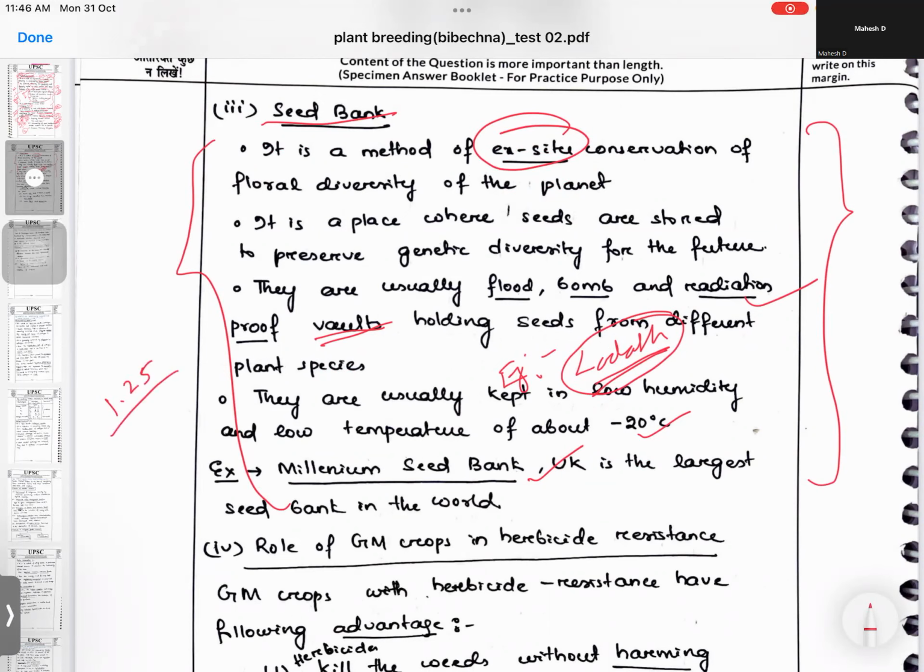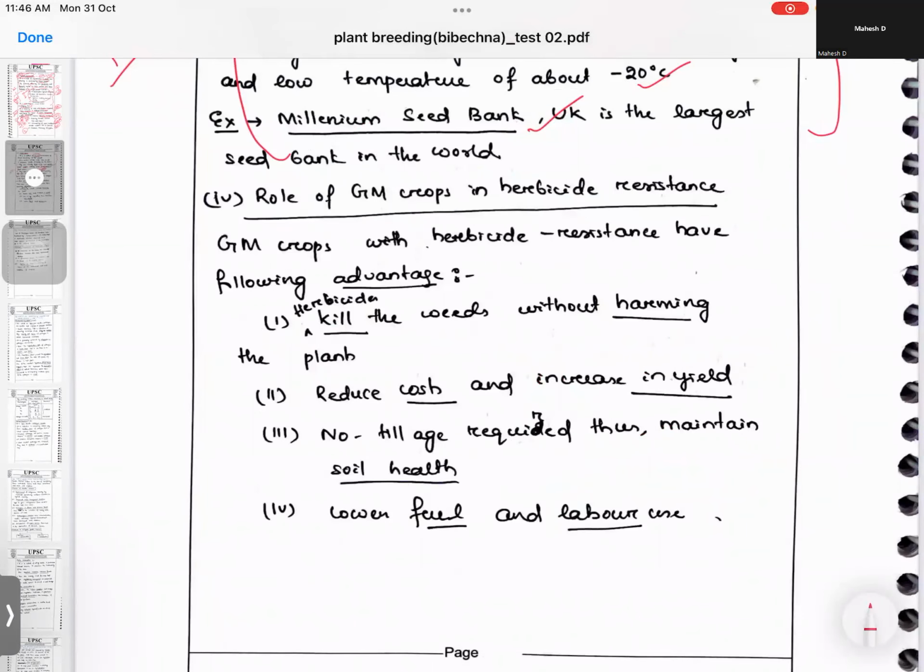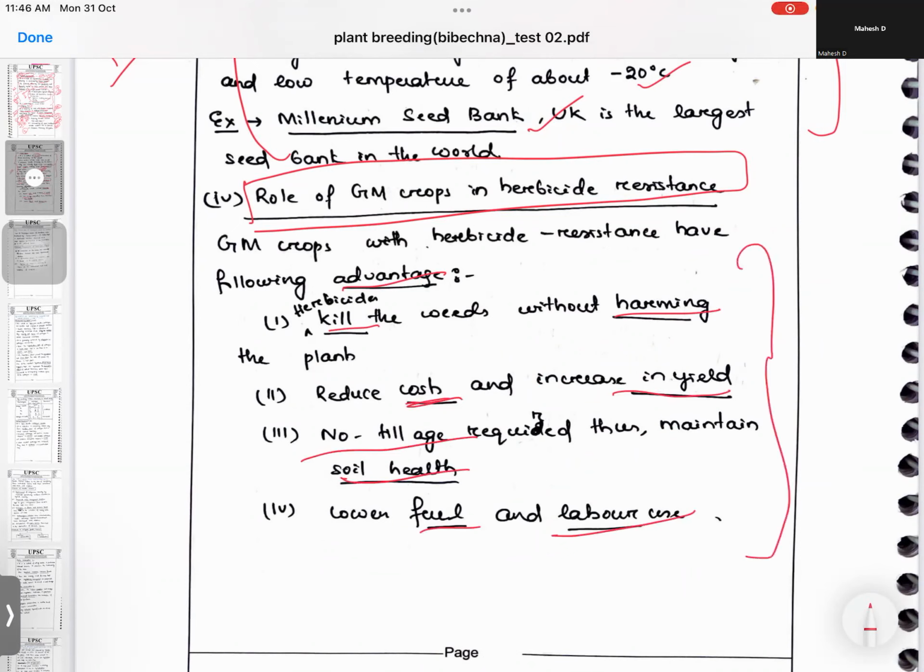So, the role of GM crops in herbicide resistance. Herbicide-resistant crops have the following advantages: kill the weeds with the herbicide without harming the plants, reduce cost and increase yield, no tillage required, soil health, lower fuel and labor use. See, though we have given the points,